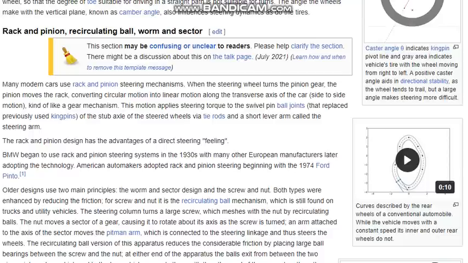The steering column turns a large screw which meshes with the nut by recirculating balls. The nut moves a sector of a gear, causing it to rotate about its axis as the screw is turned. An arm attached to the axis